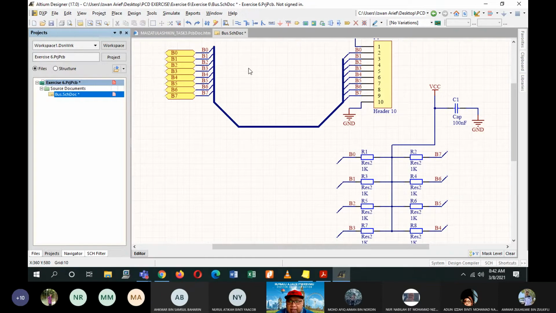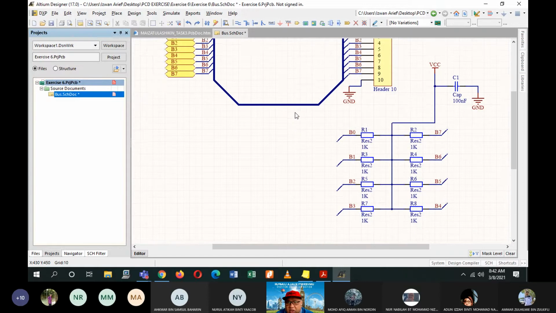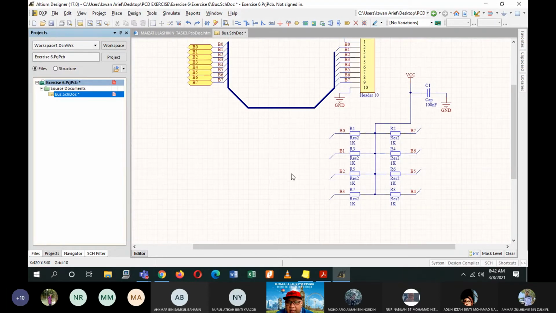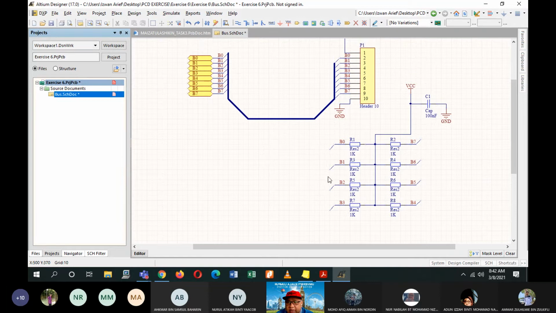So I place them here first, by connecting all of the bus entries from my port of B0 until B7 with the bus entries at the header. And then I want to make sure that they are also connected with the bus entries of these resistors.